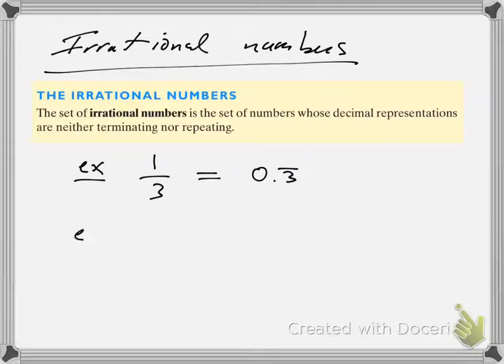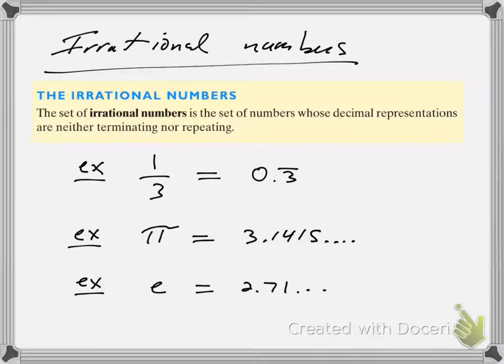A very common irrational number that you're all familiar with is pi. 3.1415, and it goes on forever and ever and ever. Okay? Another one that comes up in mathematics is called e, the natural number. That's 2.71, and it goes on forever. There's obviously an infinite number of irrational numbers that we could create that are not ones that are standardly or commonly used, but that's what irrational numbers are. Okay,